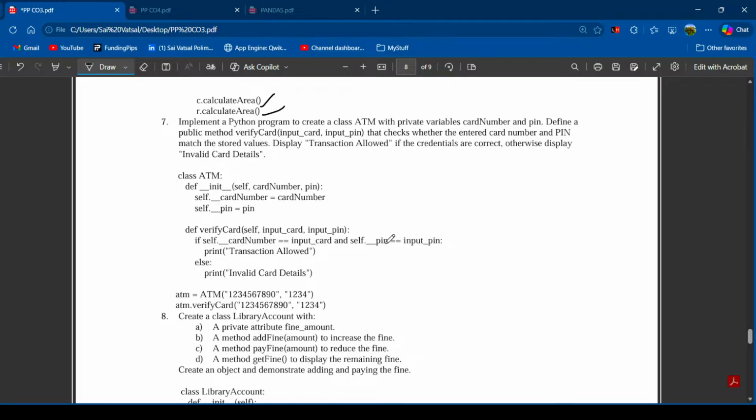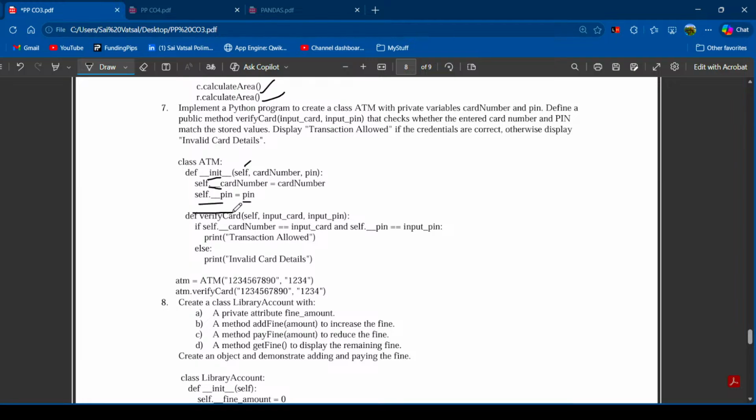Okay. First, what we did: class ATM, define init with self. This thing is common, guys. Self, card number, comma, pin. So self.card_number equals card number, self.pin equals pin. After that, define verify card with self, input card and input pin. So the person should enter both the card and the pin. After that, if self.card_number equals input card and self.pin